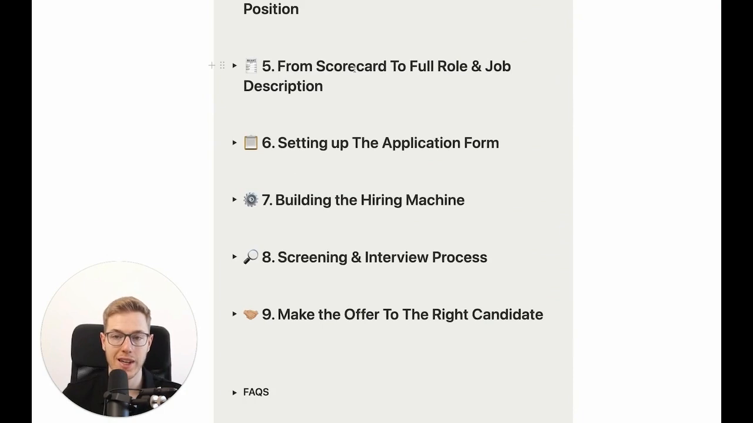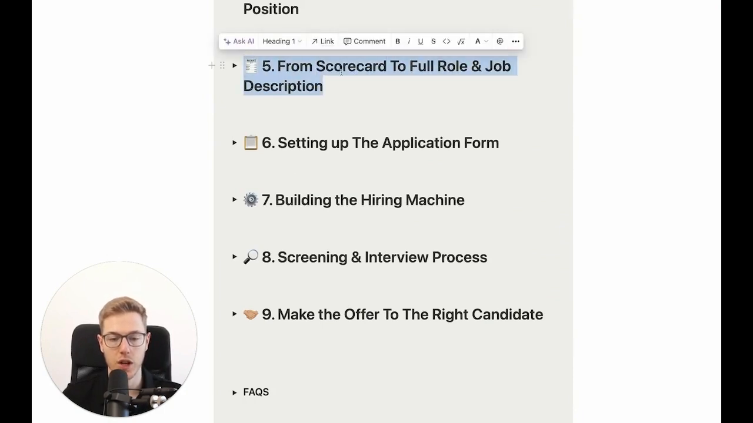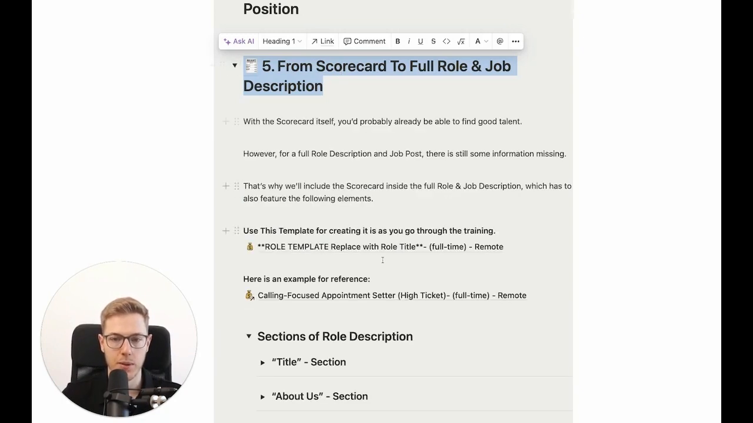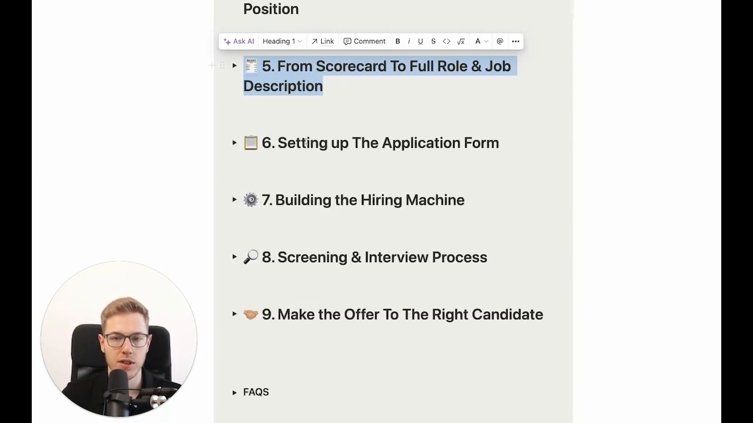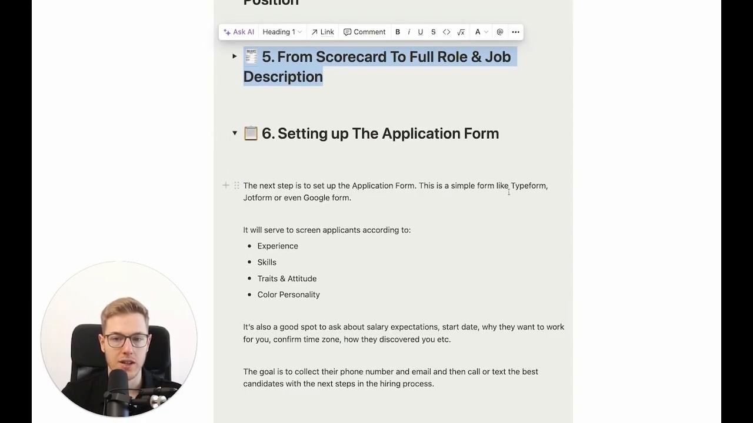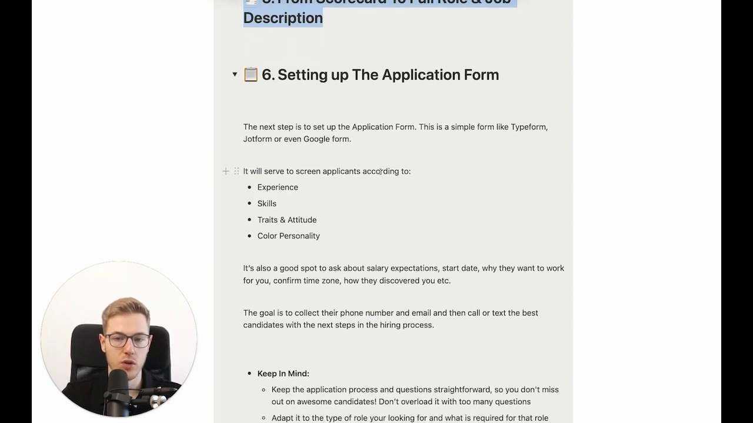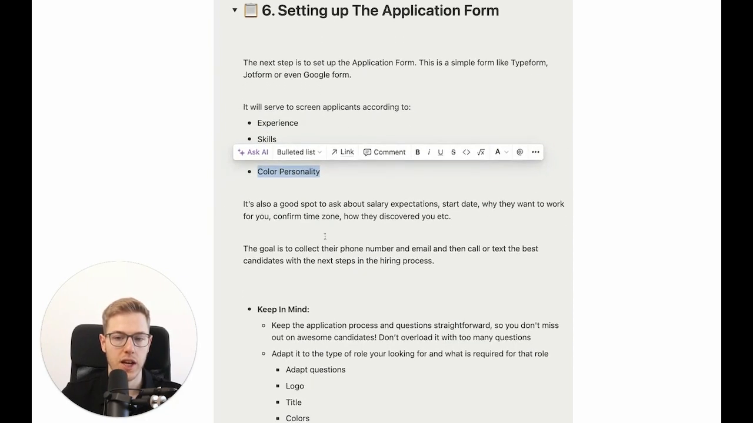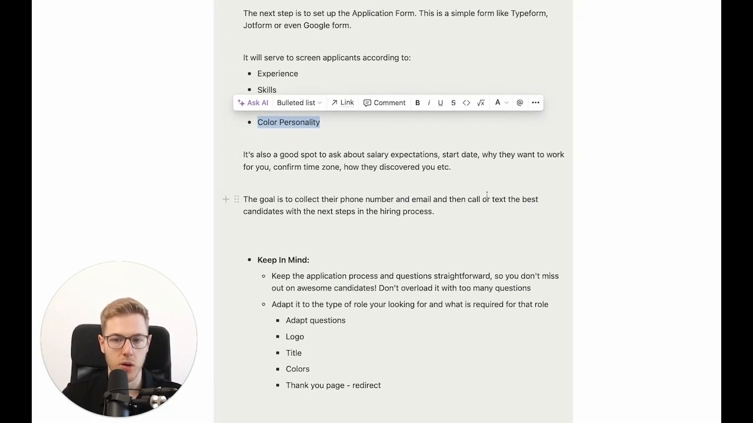This is what we're going to link at the bottom of the job description. So we can send interested applicants this whole job description, the template I showed you here. And at the bottom of it is then an application form linked, where they click on it and they just apply for it. It's like a Typeform or a simple Google Form where they apply and fill out their data and answer a few questions to basically screen the applicant according to experience, skills, traits and attitude, and color personality. And there you can also talk about salary expectations, start date, why they want to work for you, time zone, how they got to know you, get their phone number, get their email,